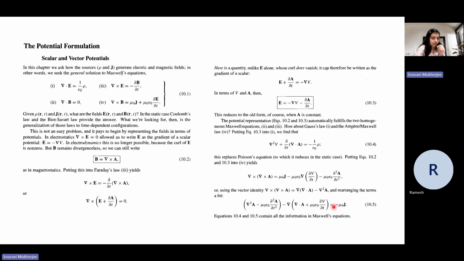But one interesting, important and useful thing about these potentials is that the absolute value of the scalar or the vector potentials is not important, right? You can always add constants to your potential. Suppose your potential was some non-zero quantity, you can choose